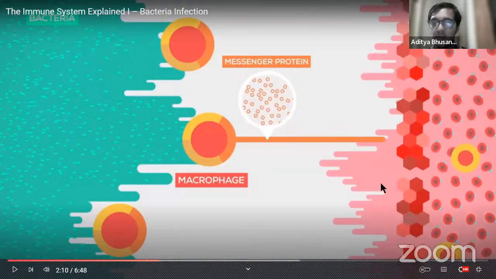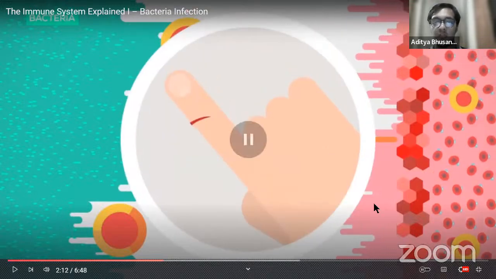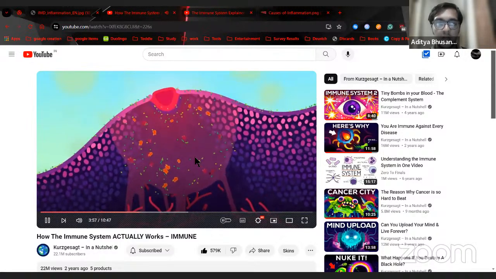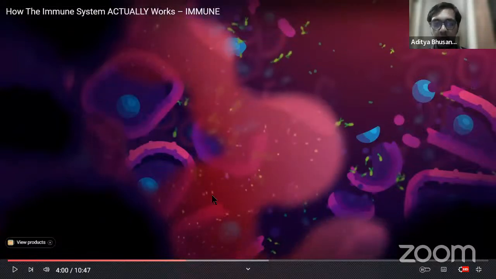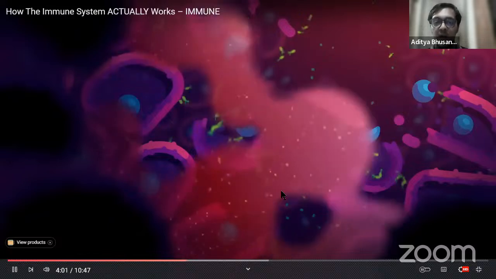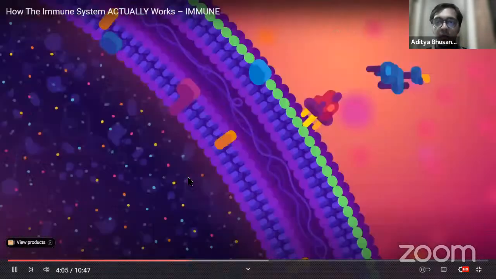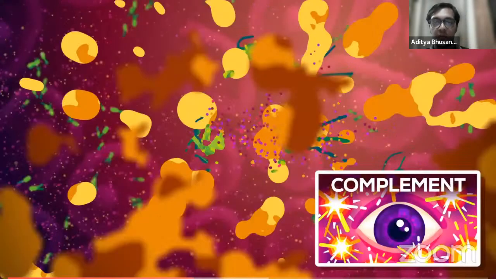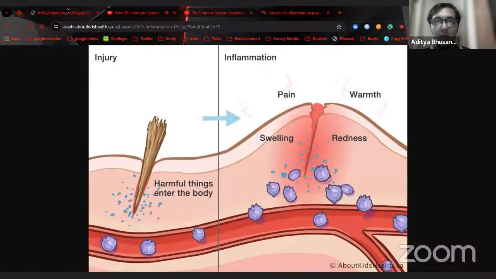So water is being released along with all of its internal things in order to help with the disease. Back here, you can see that in this liquid there are little tiny proteins, right? This I've already talked about before. It's called the complement protein. These are tiny little proteins that help with immune function by connecting to the bacteria and killing it, as you can see, right? Okay. Now,